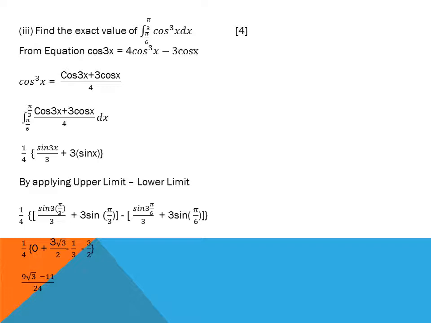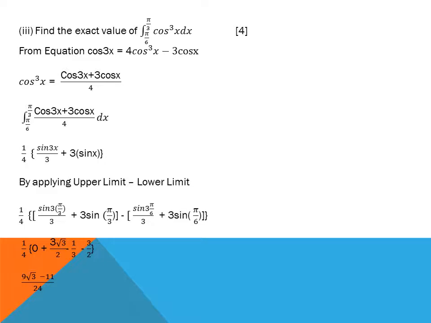Because it is very easy to solve this linear equation. A cubic equation in cos functional form is very difficult, because we use the substitution method for these functions, which are in cubic form. So integrate 1 over 4, take it as it is. The integration of cos 3x is sin 3x, and the integration of 3x is 1 by 3. Similarly, write 3 as it is, and the integration of cos x is sin x.